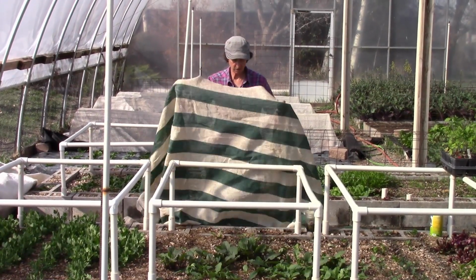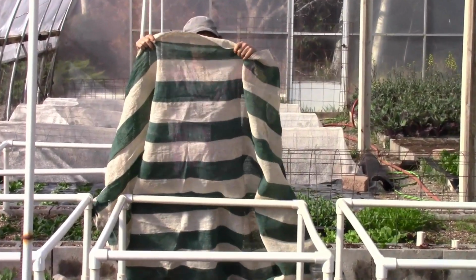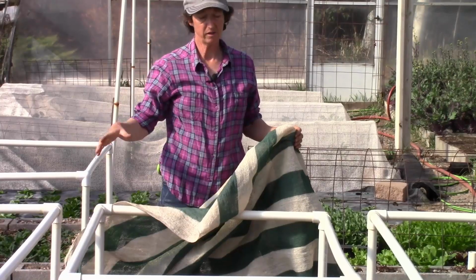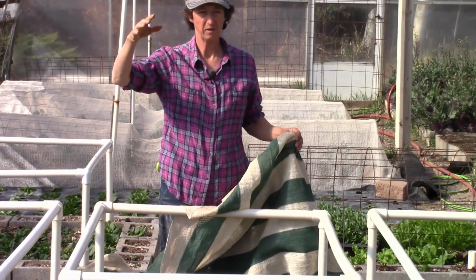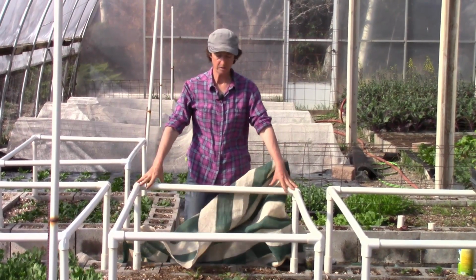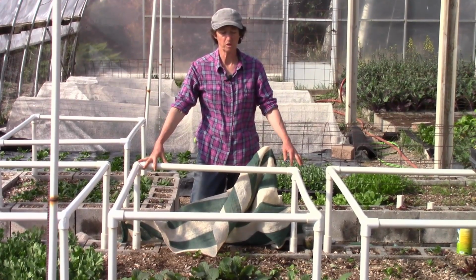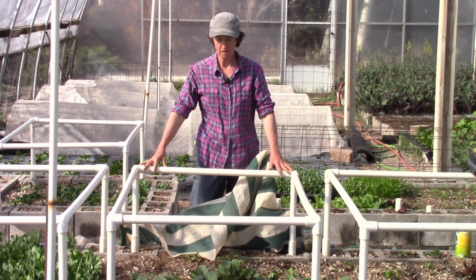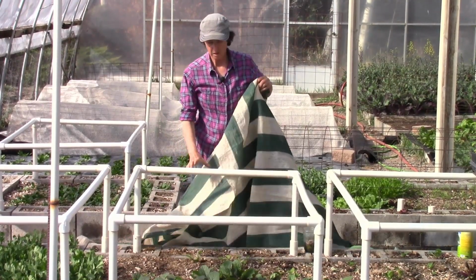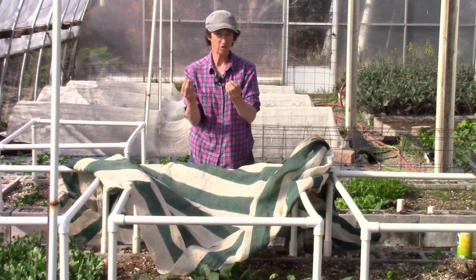Alrighty, so I'm going to show you some of my shade cloth. This is my like 40% shade cloth. You can see that it's fairly dense. And what you want to do with your shade cloth is you want to have some kind of wire or trellis or something to hold the shade cloth up. So these are easy trellis systems. This is in its lowest position, which is just to shade the short plants. And then we can put it up to 6 feet tall. And this just lays over the top of it,